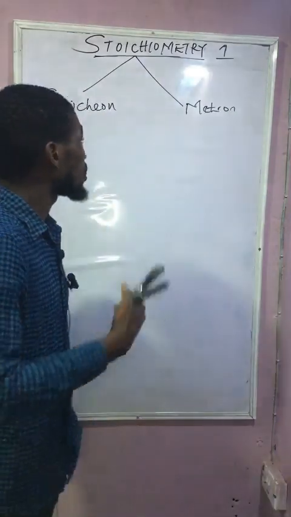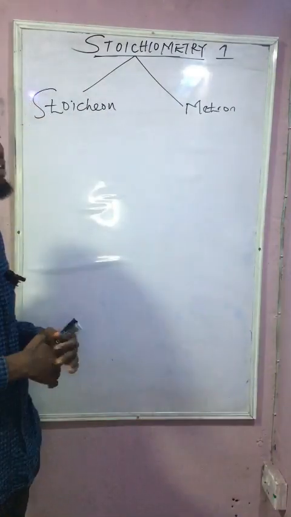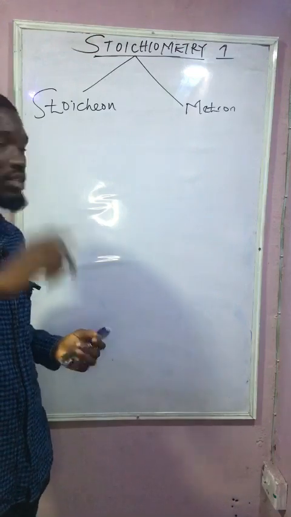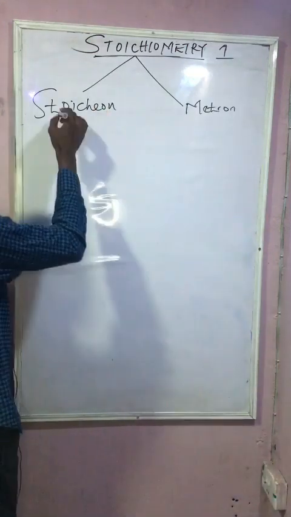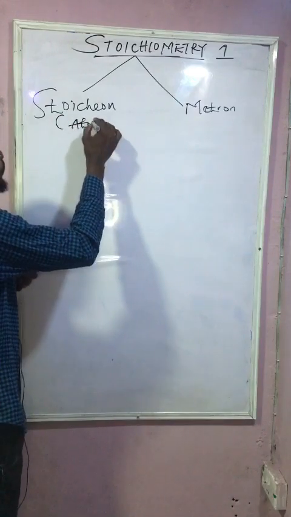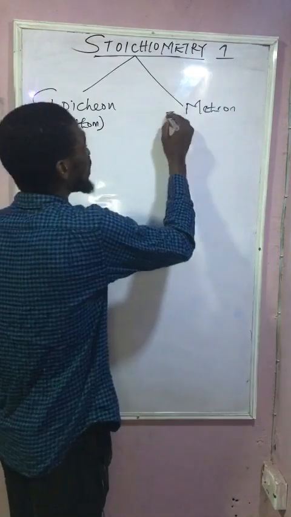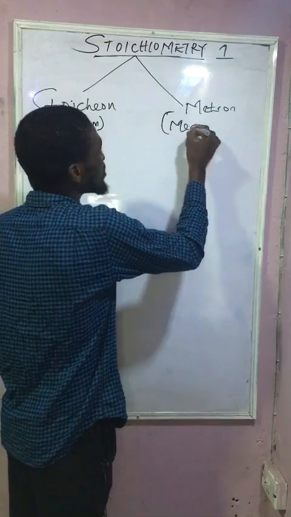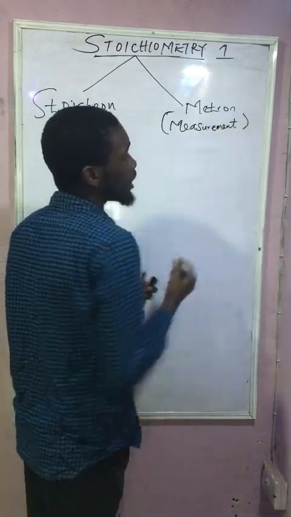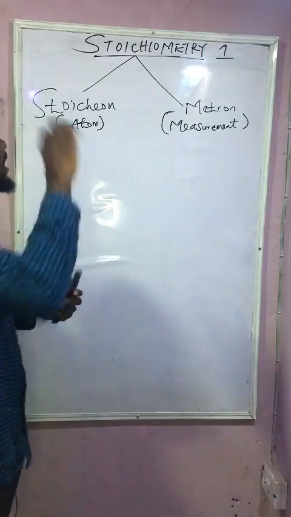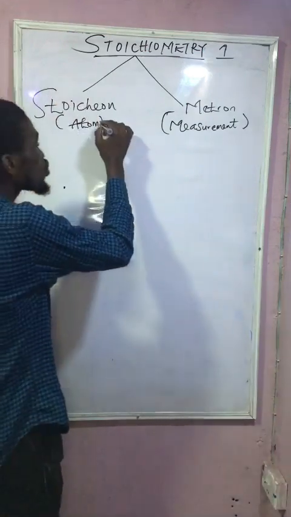What do you have on the board? The word stoichiometry is coined from two words, stoichion and metron. This particular one, we can say is atom, while this is measurements. Is that clear now? So if you want to look at the definition of these two,